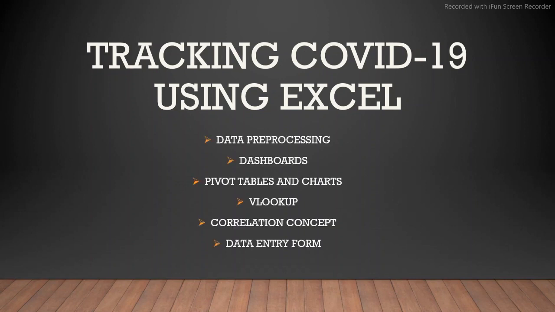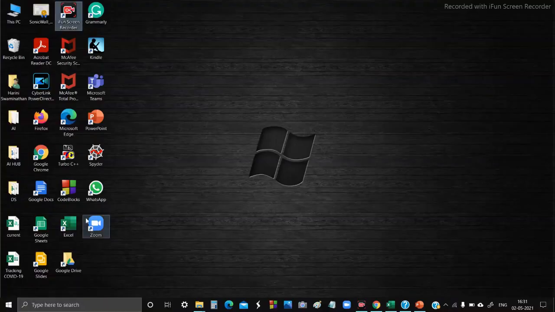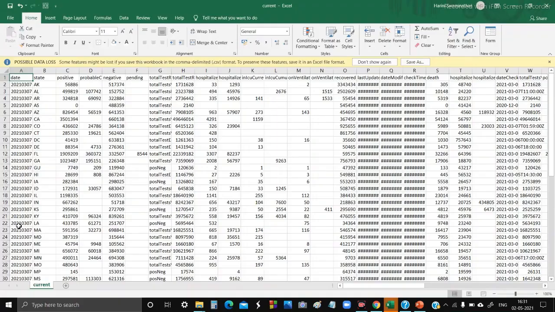We have taken a simple data set here. We have taken a random dataset containing information about the number of COVID cases in all states of USA recorded during the year 2020 and March 2021.